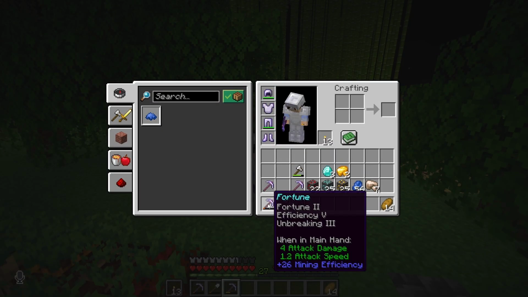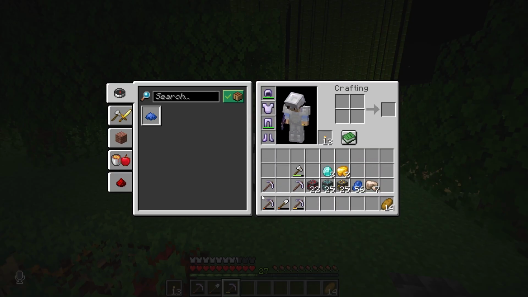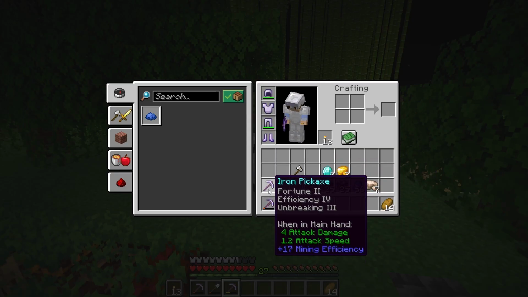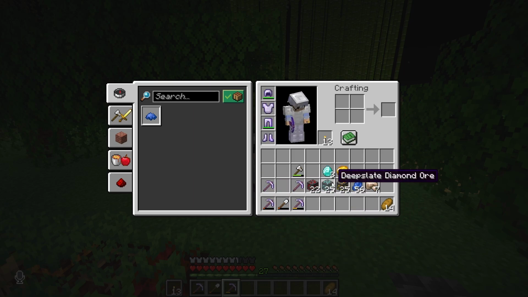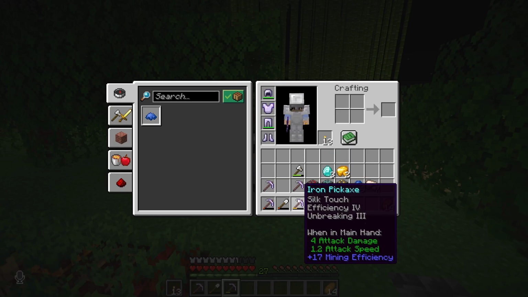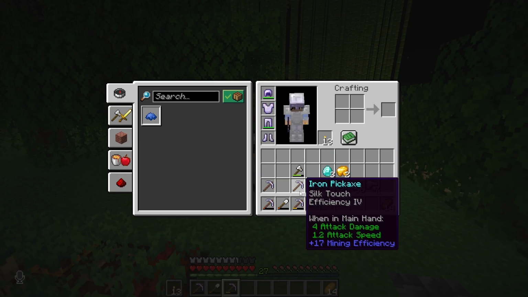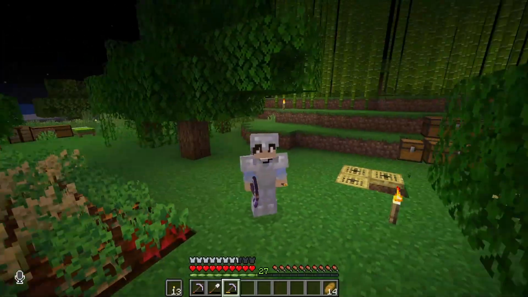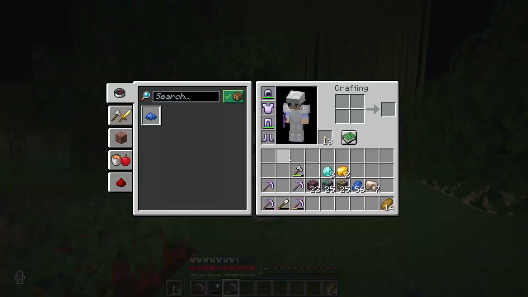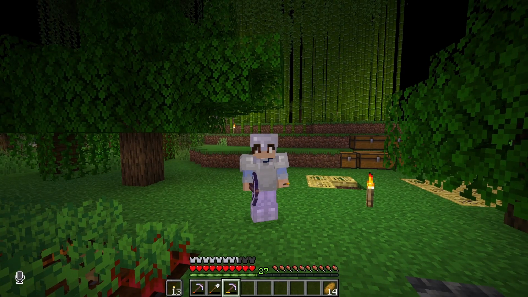Also got some Fortune 2, which is how I got the 3 from 1. And I've got Fortune 2 on 2 different pickaxes. I'm going to combine these and see how much I can fortune these 25 iron ore. I also have a couple of Silk Touch Efficiency 4, that should be Efficiency 5, but I won't really need it since I'm going to get all of this diamond